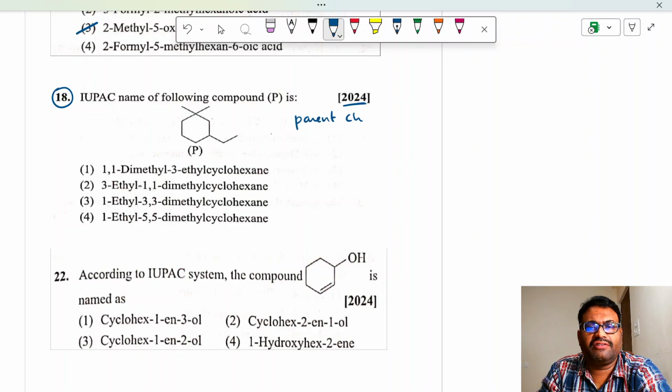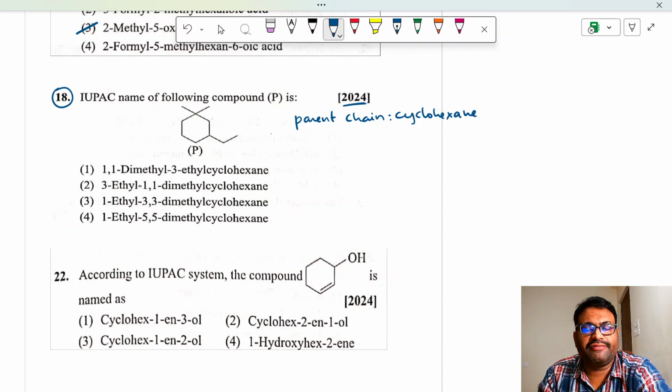Parent chain that contains 6 carbon atoms. So cyclohexane. Cyclohexane is the parent chain. Now when there are more than 2 substituents, when more than 2 substituents are present,